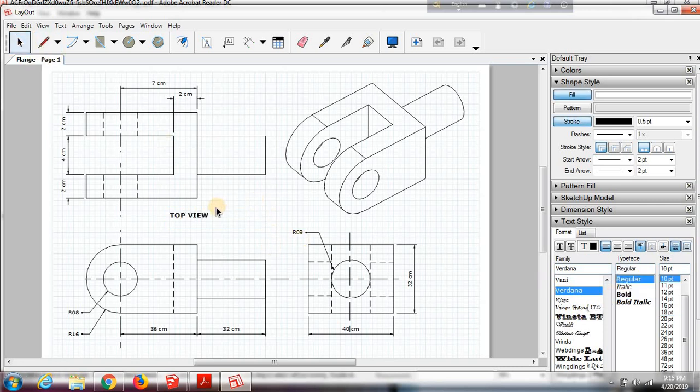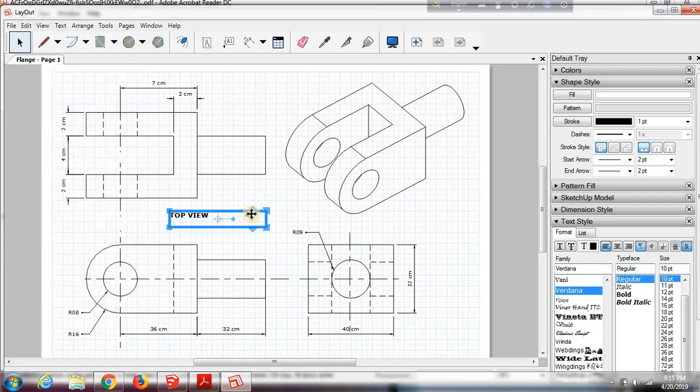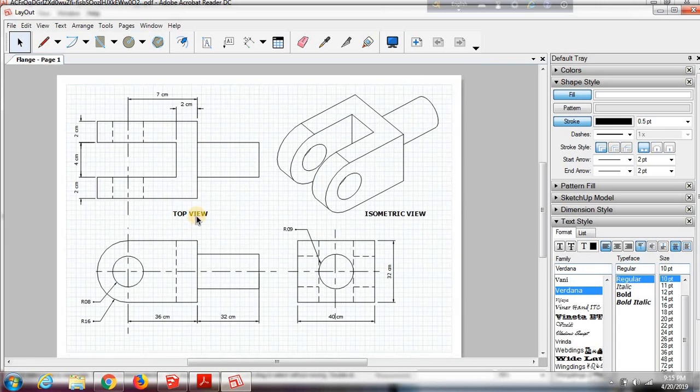So top view, I will click on this one, edit, copy, edit, paste, and I will press the shift key, hold it and drag it here. So this is isometric view, and again edit, paste, click and hold and press the shift, drag it down and change it, double click to activate, change it to front view,